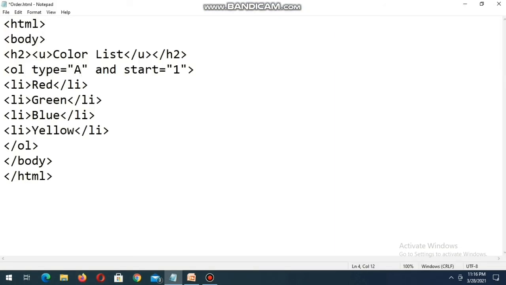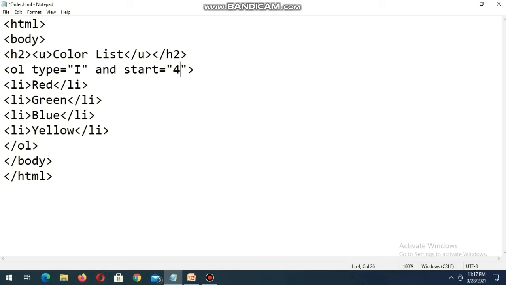Now I want to change the program to Roman numbers. Here it is A B C, but I want to change it by using Roman numbers. To use Roman numbers, you need to give I. If you give capital I, then it will be capital Roman numbers, and if you give small i, then it will be small Roman numbers, and the starting point is 4. This is numerical 4. The starting point will always be in numerical form.